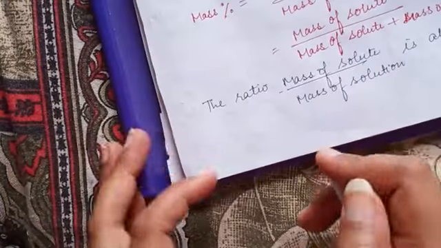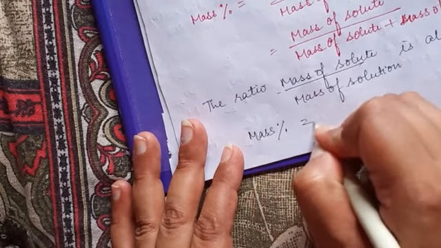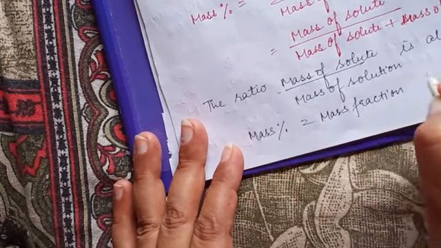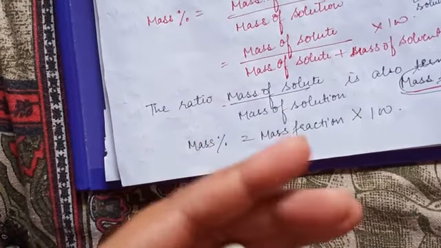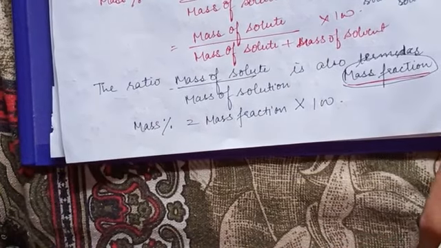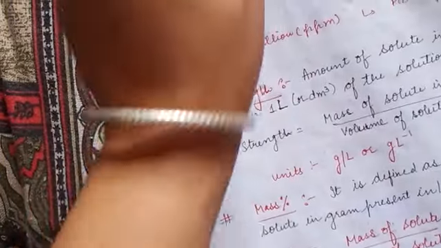Or in a simple way you can write mass percent is equal to mass fraction into 100, because mass of solute divided by mass of the solution is known as the mass fraction, and mass fraction into 100 is the mass percentage. Now the next thing we are to do,